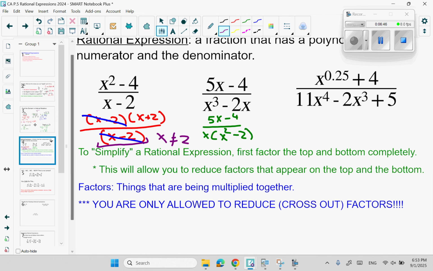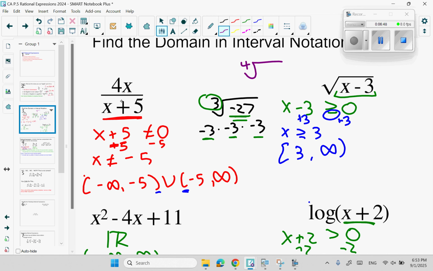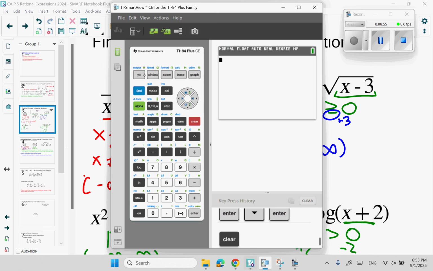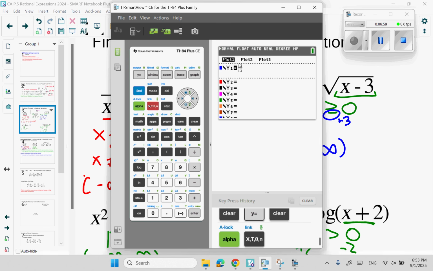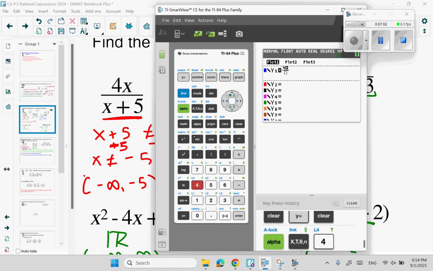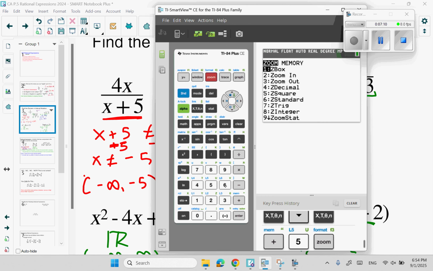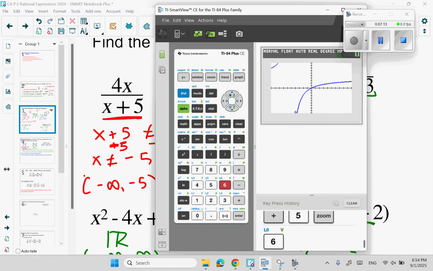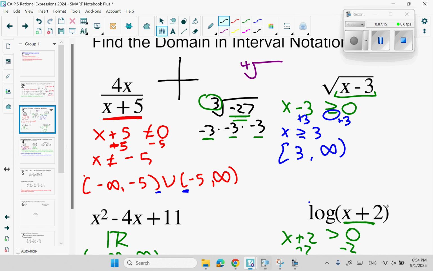Whereas the other ones, I'm going to flip back a slide for a second, x couldn't equal 5. You would get a graph that would have some sort of weird pattern. In fact, let's take a look at it. We might as well. Let's graph y equals 4x over x plus 5. Let's go zoom standard. We get this vertical asymptote at negative 5. So the graph looks like